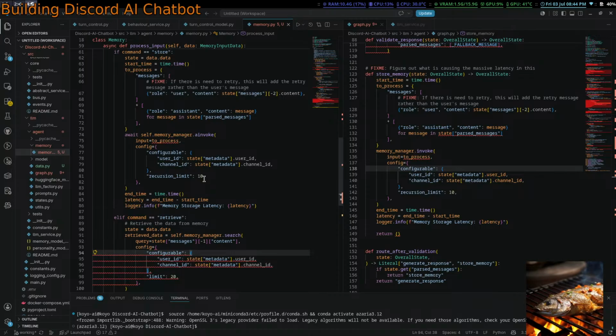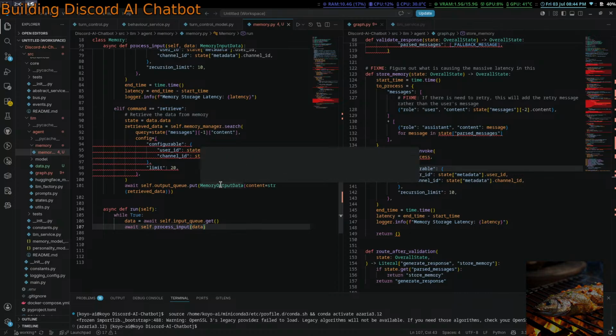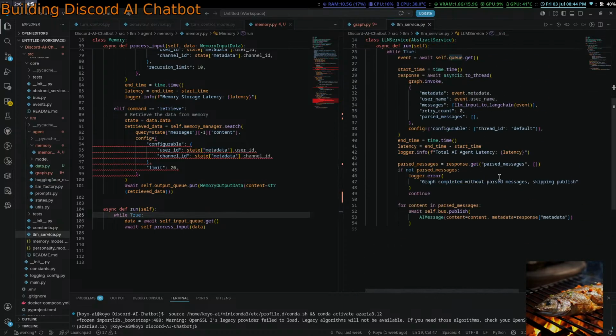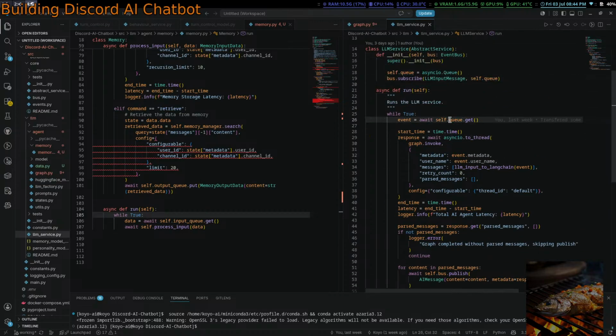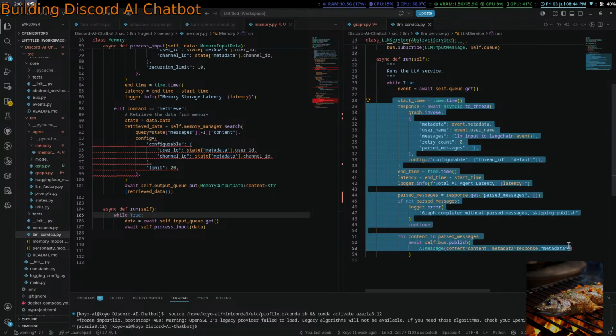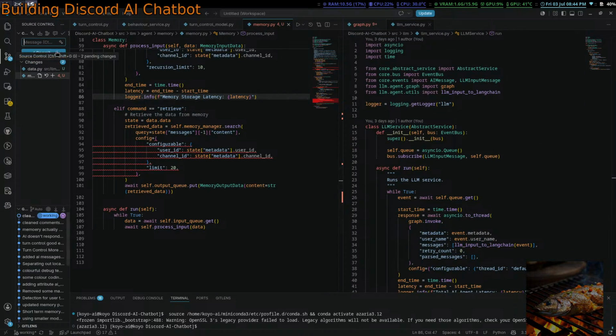I don't think that's how it works. And then await self.process input data. And then we just hang here forever, right? And then this invokes the graph and stuff. Okie dokie.